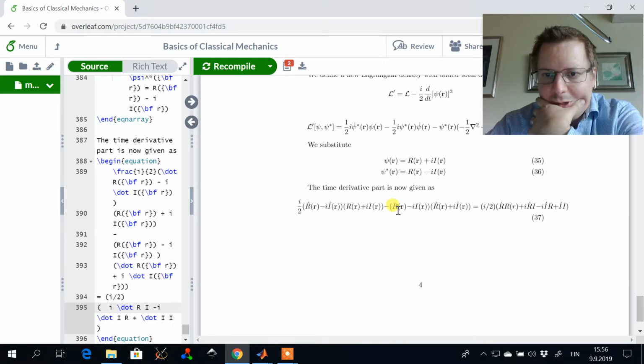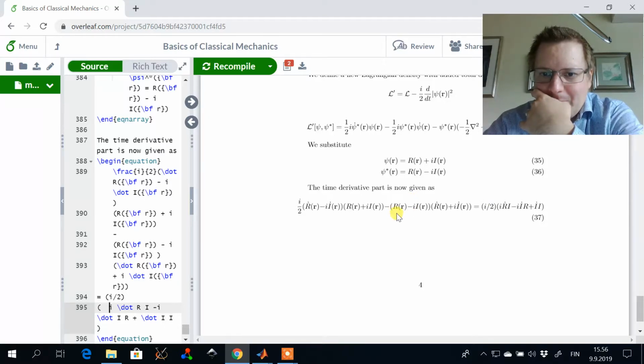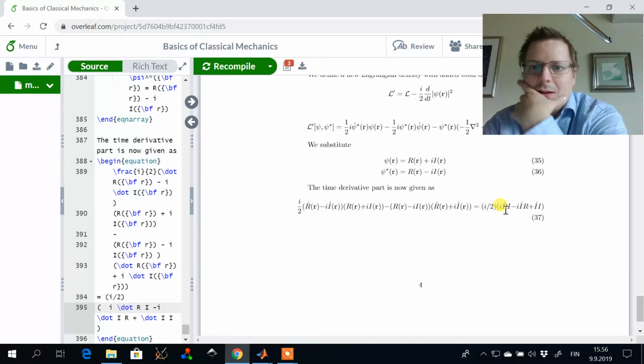Then we have minus r imaginary part times I dot, and then, sorry, we have r times I dot, so it's this one, and that will be